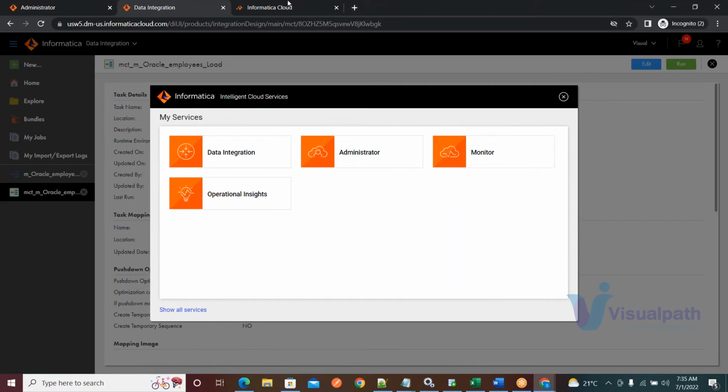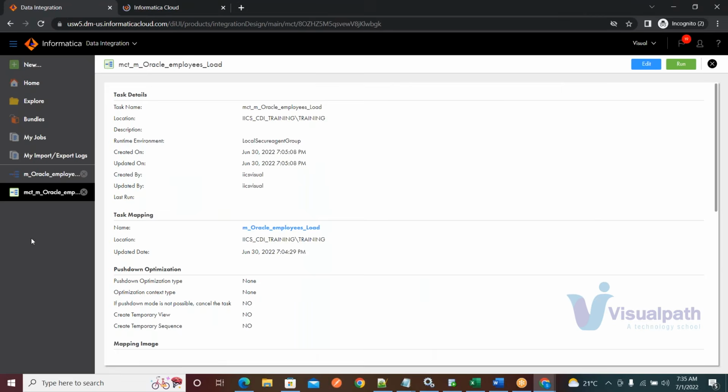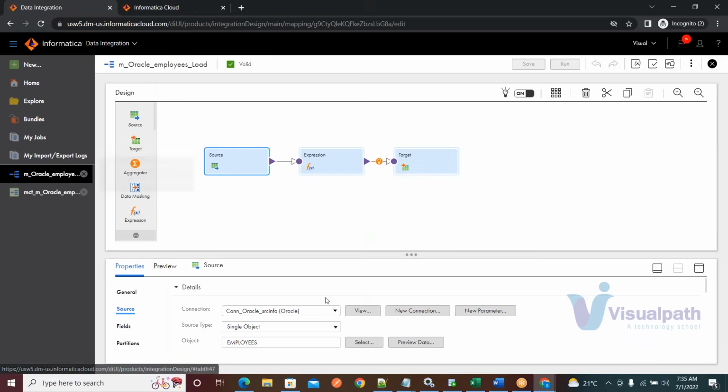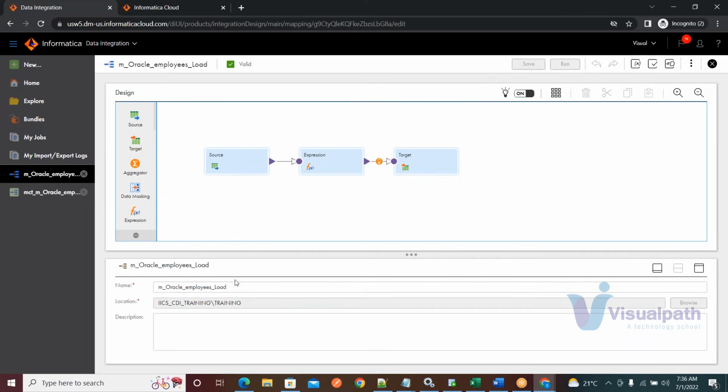Shiva, can you just repeat one more time what you just did, like the mapping configuration task, just copy and paste? Yeah. So what I did is I copied the mapping name. To run your mapping, you need a mapping task. A mapping task has some properties where you define how you want your job to run,